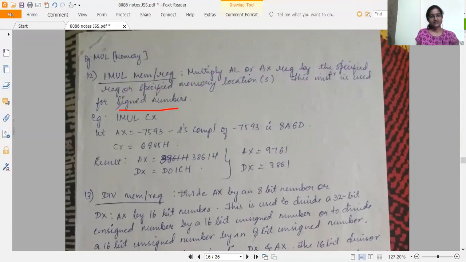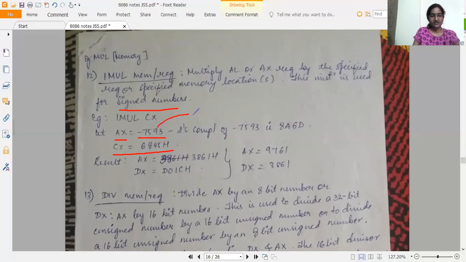This instruction is used for signed numbers. IMUL CX. Suppose now AX is equal to minus 7593 and the CX content is equal to 6845H. All right. Now, how are we going to solve this?